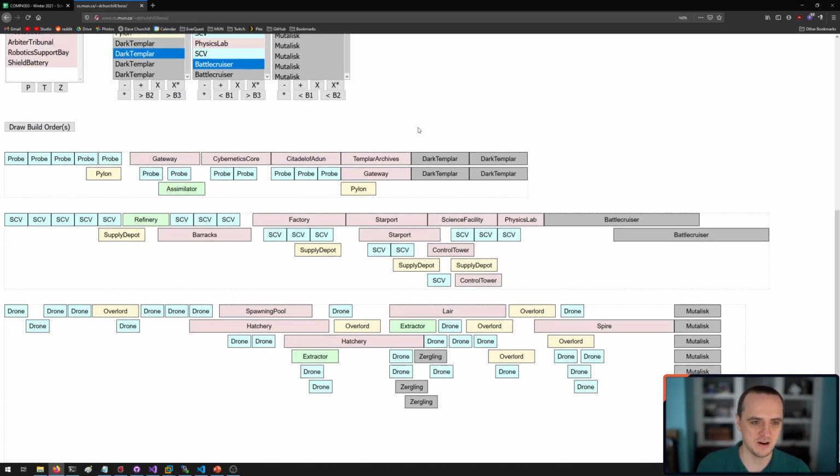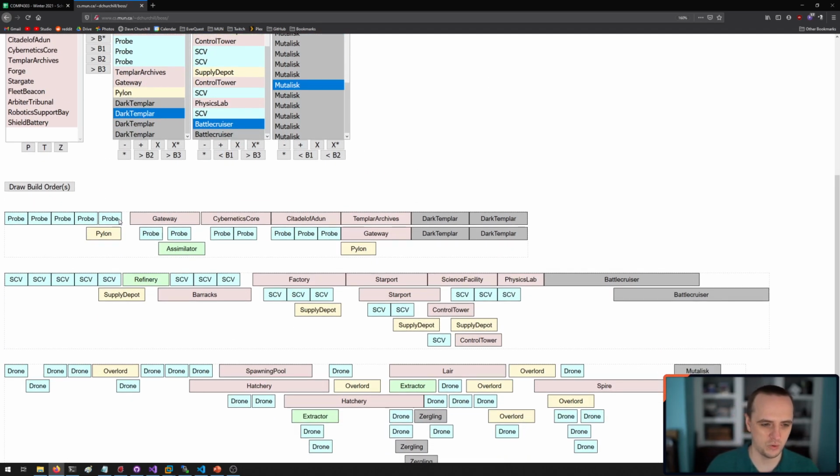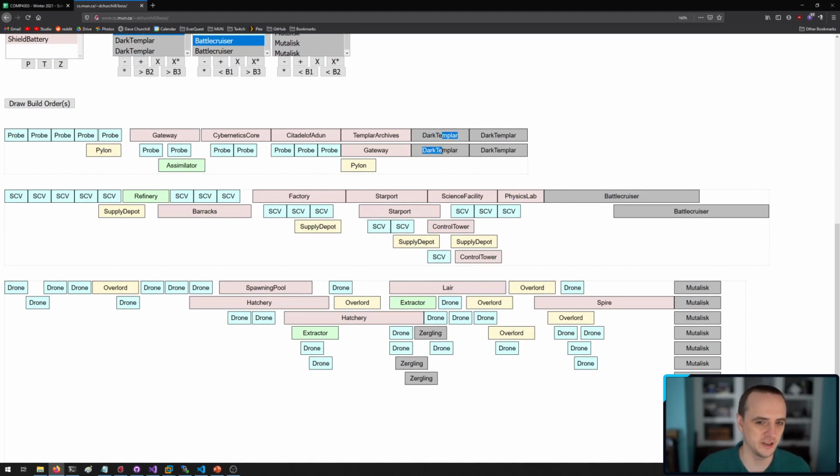And you can see here that this build order only wastes a few seconds before the construction of the first gateway. The reason it wastes this amount of time is because it doesn't have the resources yet, right? So whenever you see a gap in the build order, it's because either the building required to construct the thing wasn't ready yet, or the resources weren't ready yet. So you can see here that there's 2 Dark Templars building at the same time.